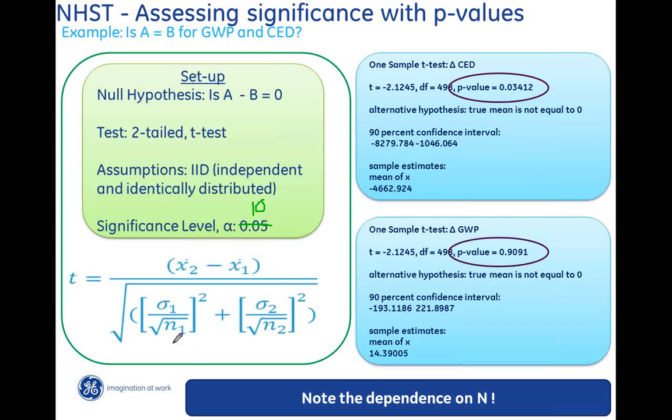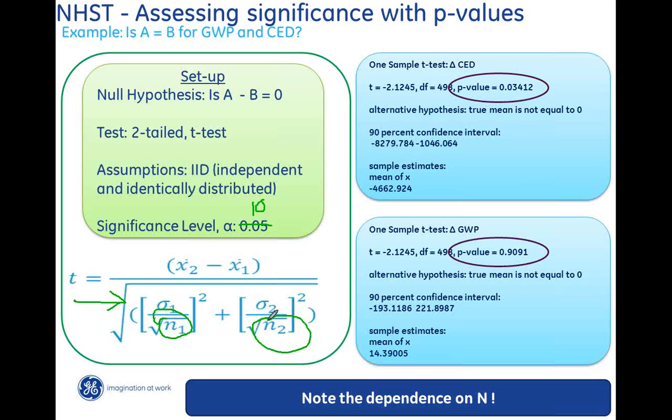So what you can see that's driving a lot of this result is it's a ratio. So this denominator, if it gets really, really big, the value of t is going to get really, really small. And one of the things that can really affect this denominator is n, so sample size. A little later I'm going to show you the effect of sample size on your t-value. And this is one of the things that I want to drive home and repeat: some of these tests are not necessarily as objective as you think.